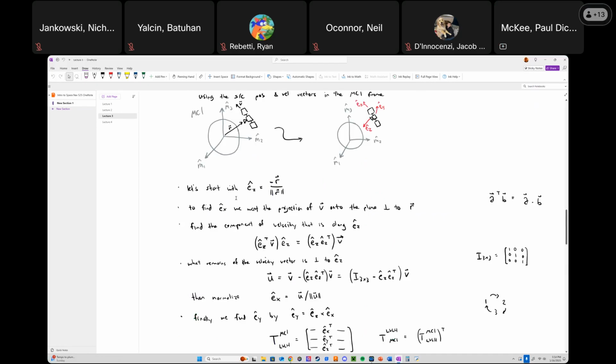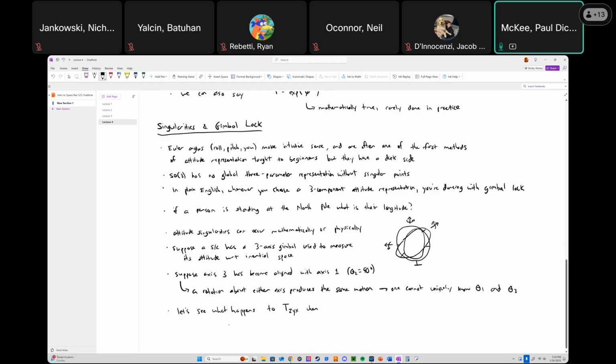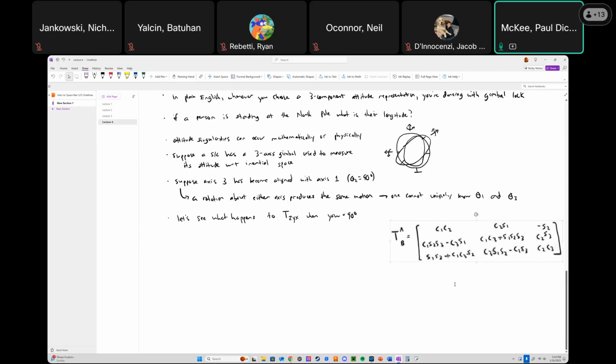Let's see what happens to T, pitch, and then roll when yaw is 90 degrees. So just as a reminder, there's the original. What we get, T, Z, Y, X corresponding to gimbal lock